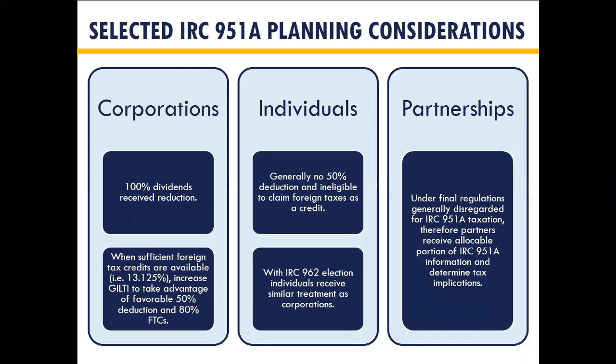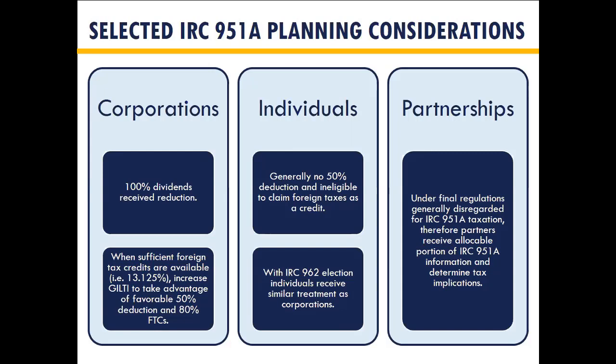A few things to consider. Corporations are usually thinking about the dividends received deduction. So if they get through those two hoops, subpart F, GILTI, so they have income that's eligible for deferral, then they're typically eligible to get to the dividends received deduction. When a U.S. corporation, I should say, is eligible for that 50% deduction, and they have enough taxes paid in a foreign jurisdiction to completely offset their U.S. tax liability related to their GILTI inclusion, then that C Corp may want to push more income into that foreign corporation because, as I mentioned earlier, when they pick it up as GILTI, they get a 50% deduction. They don't get that if they're just selling products to other domestic customers, or they're selling those products directly from the US entity. And so by shifting income into GILTI and then picking it up that way, they get this